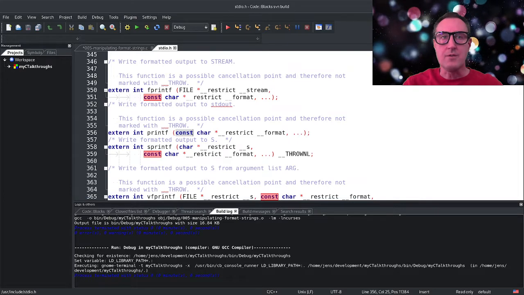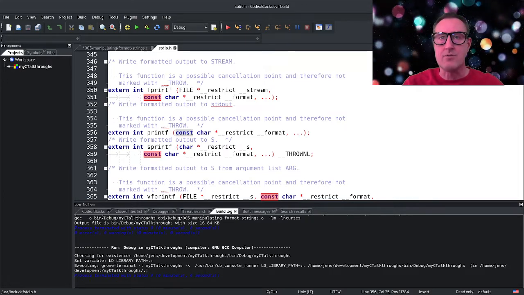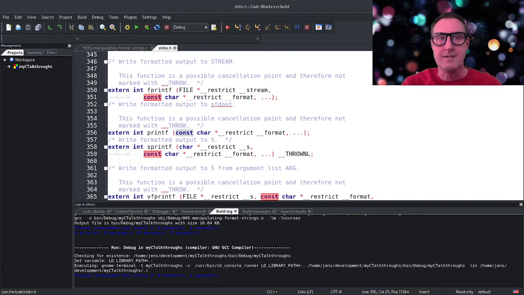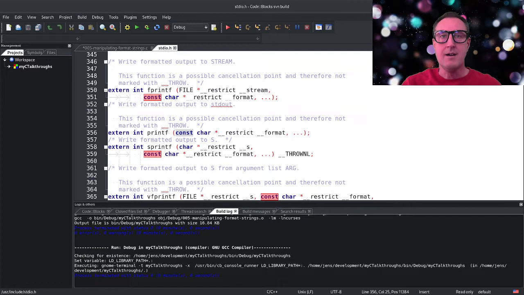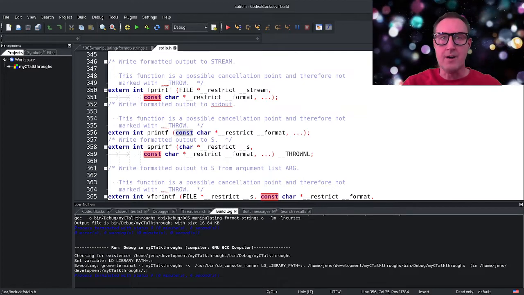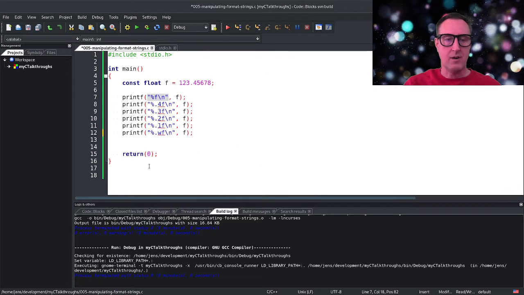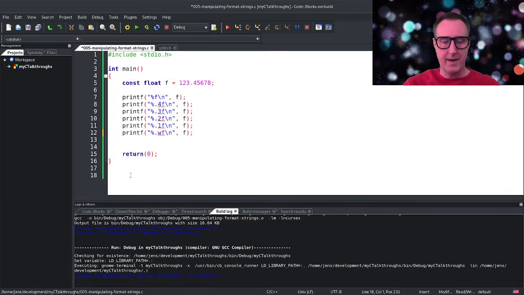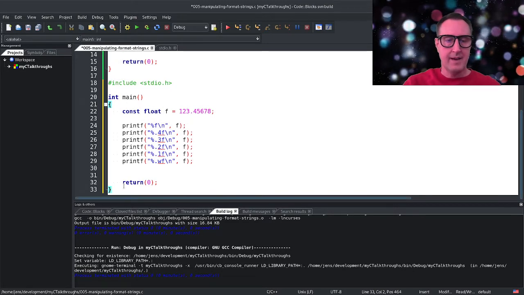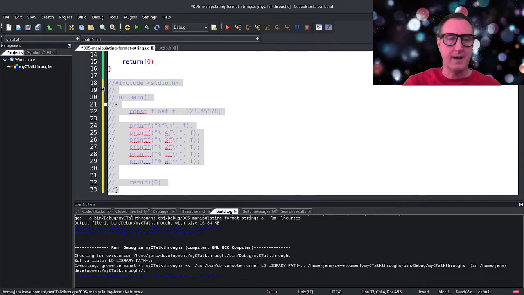Could the laws of the C universe be bent and twisted as Doctor Strange does with reality in the Marvel universe, and that format string manipulated beforehand? Let us check that with our code. And to do so, I will just copy paste that here, and so that we still have it, I comment it out here below